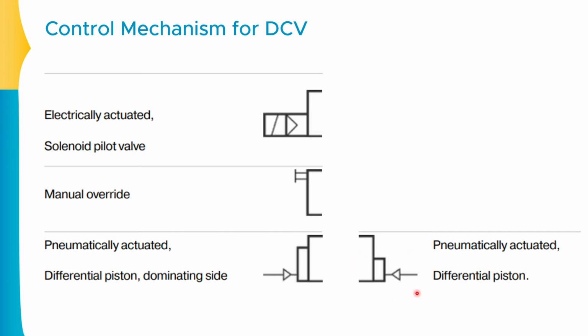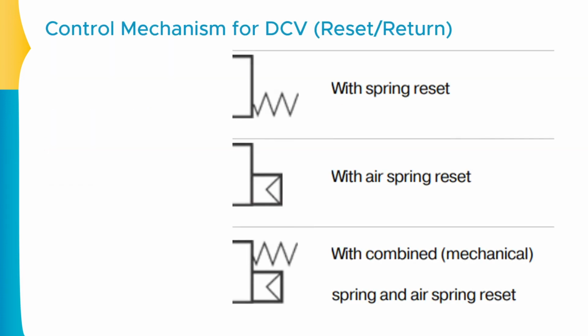Okay. Other than that, once the direction control valve gets actuated, we actually need some mechanism that resets or returns that direction control valve to its normal position, and those return mechanisms look something like this. To represent those mechanisms, we use springs. Once you actuate the valve with the lever, some return mechanism is also required. So we can use the spring. Most commonly springs are used.